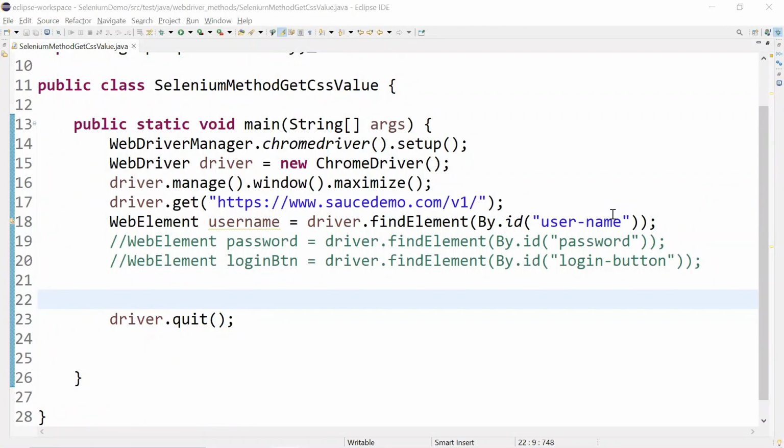So in this video, I'm going to talk about another Selenium method, that is getCssValue. Basically, what this method does is get the CSS property of a web element, right? So let me take you to some of the